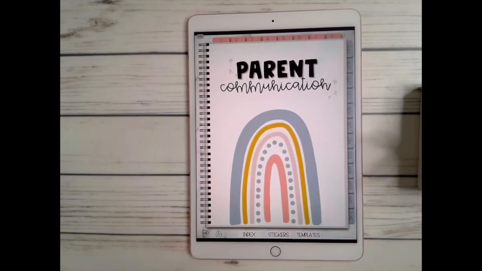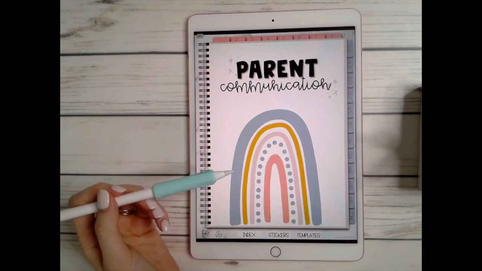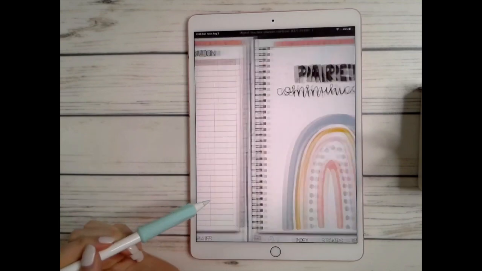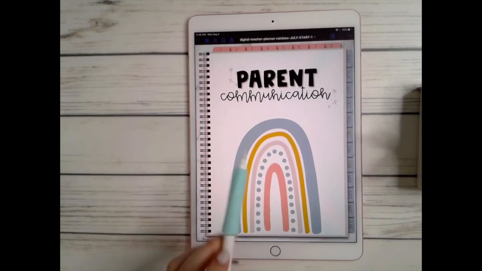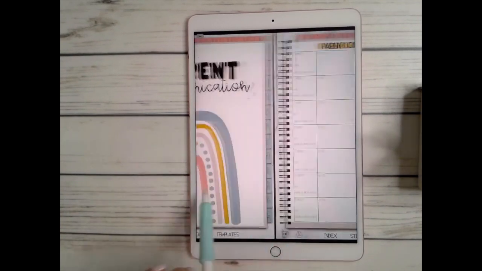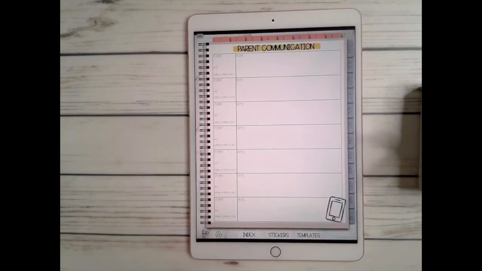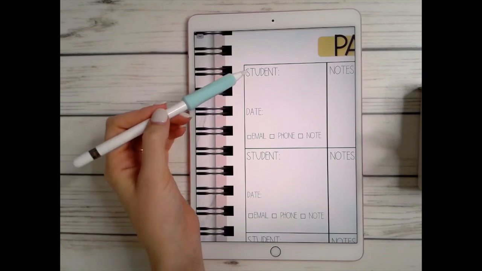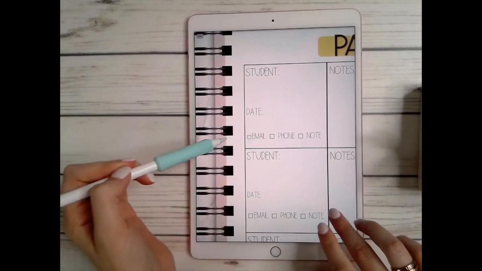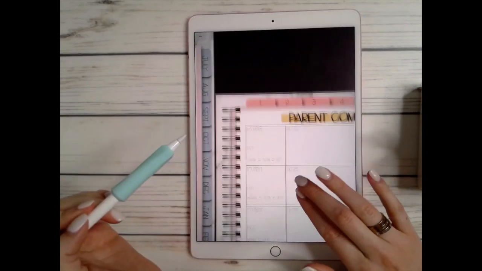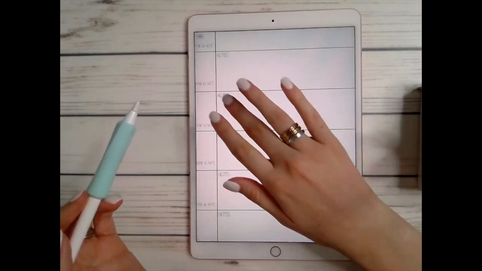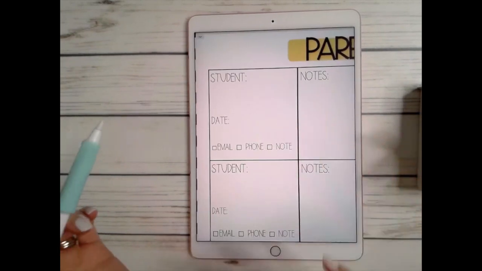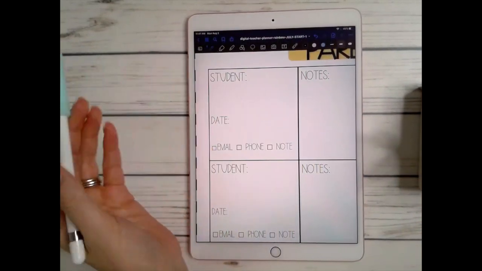There we go. After that, you have your parent communication section. This also applies to just like what we just talked about with the student information. The index will bring you here, and that way you can duplicate this page however many times you need. This is for when you need to document speaking with a parent, that student, date, which method of contact, and then any notes. What's great about this is if I am speaking to a certain student's parent